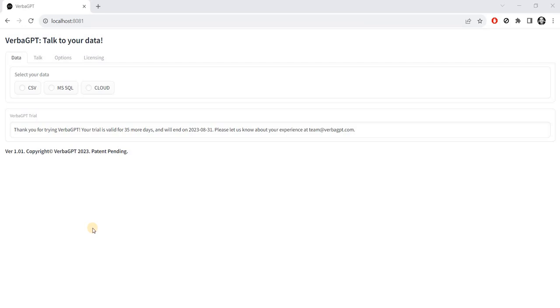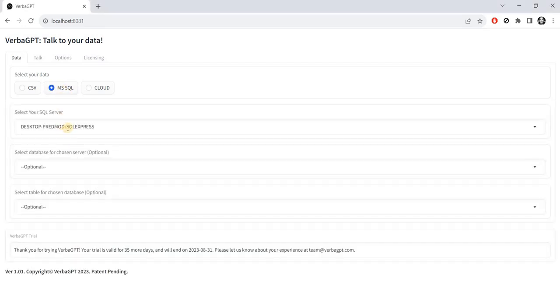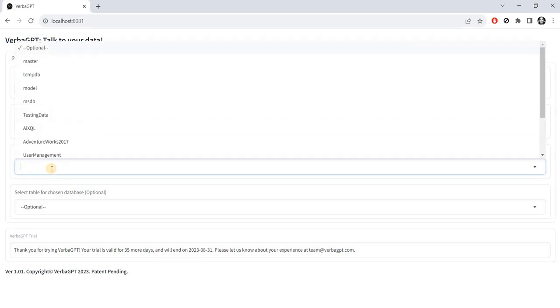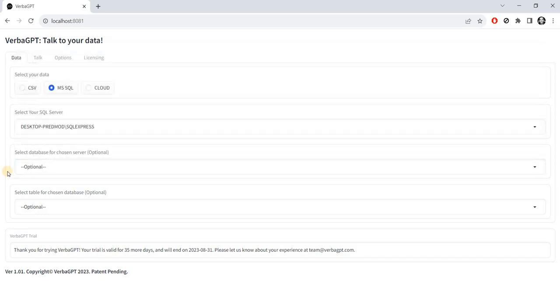In this video, we're going to connect to a Microsoft SQL server. So here I'm going to simply select Microsoft SQL, and it pulls up the SQL servers that are available. So this is the instance that's available on my machine. Now I can pick a database as well, but I'm not going to. The hope is that I'm going to let VerbaGPT figure out what database and tables are relevant to the query